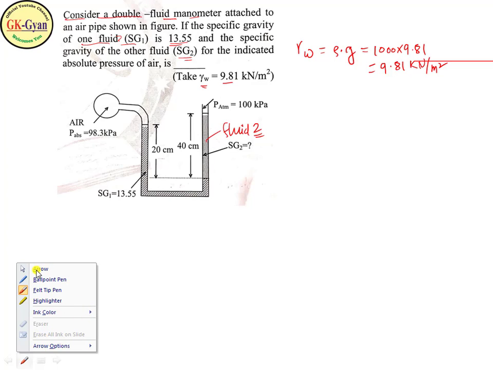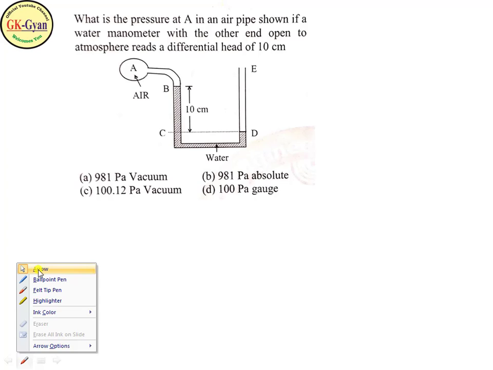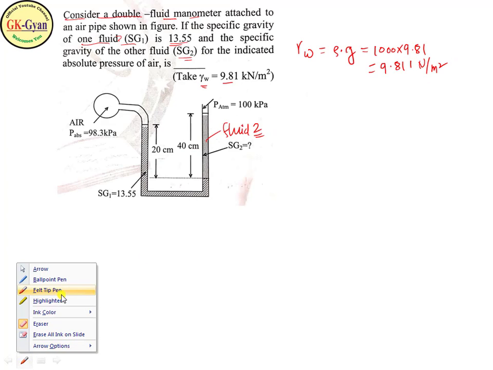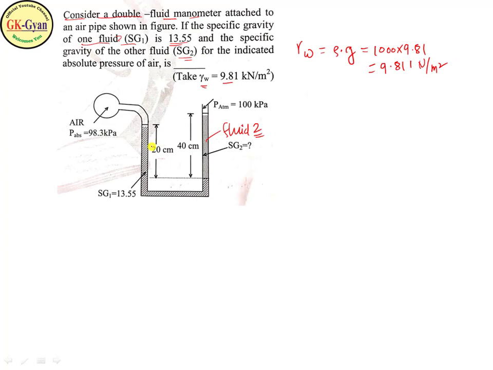So how will we start with the numerical? The manometer diagram is given. You have to mark the first reference line or reference plane. Here the continuous mass of fluid, this is the fluid 1, is given in this tube. So mark the reference planes where the continuous mass of fluid is given. We saw this in the previous lecture. So this will be marked as a reference plane.